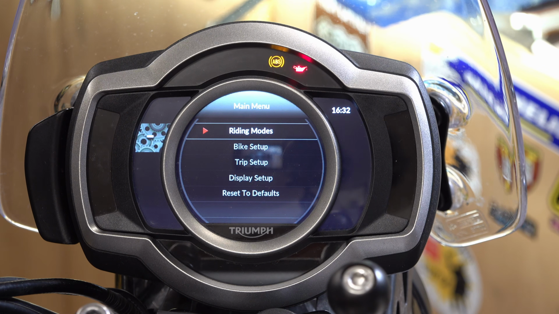So you can go up and down the menu by pressing the toggle button up or down. If you want to select a menu item, you press the toggle button in. So I'll press the toggle button in now, riding modes. You can see now that within the riding modes menu, it pulls up those 6 different riding modes that I